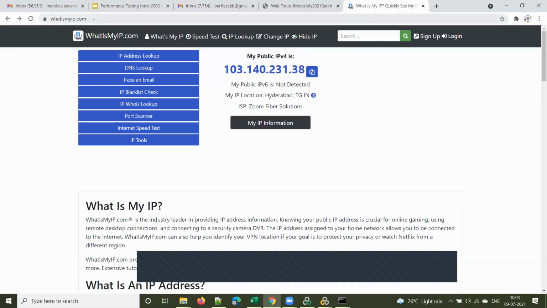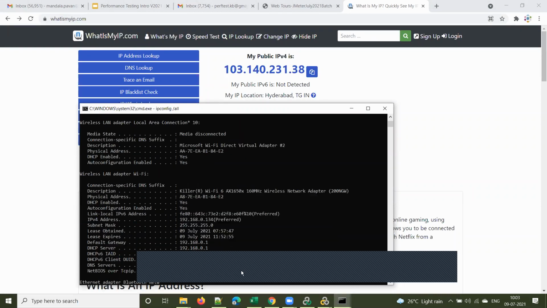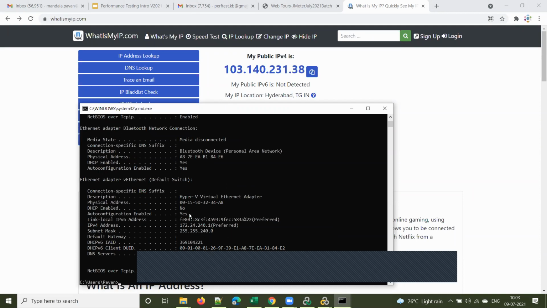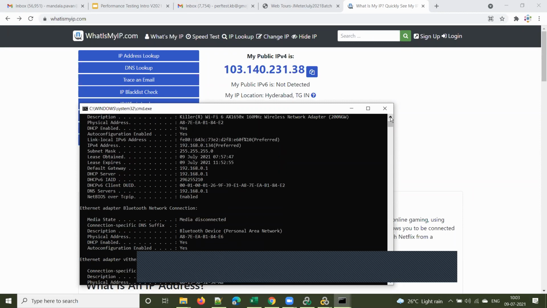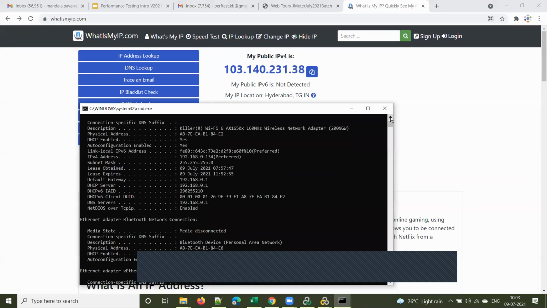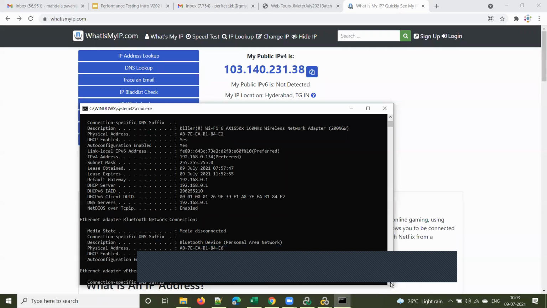How to see the public IP? Open a browser and type whatismyip.com. Or else, I think there is a command to check here also. Let me try, I don't remember actually. ipconfig /all, I think it will show the public IP also. Let me check that. Anyone have an idea how to see the public IP? Okay, leave it, not required. Anyway, if you want to see the public IP, you can use a browser and check that.